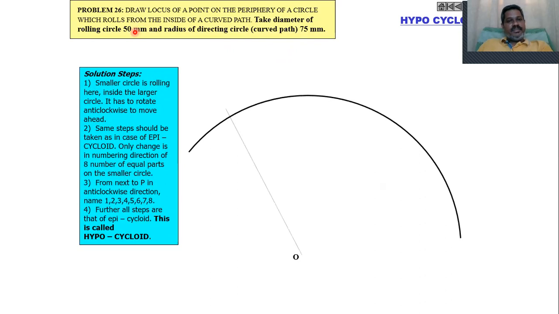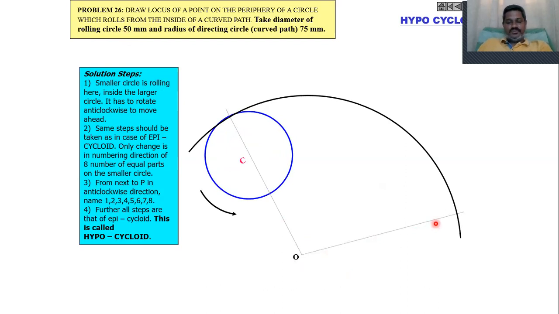After drawing the directing circle, draw the generating circle with the given radius, that is 25 here, and the diameter is 50. After drawing the generating circle, locate the center, then calculate the sector angle using the formula